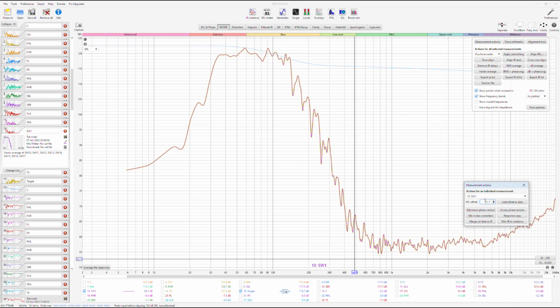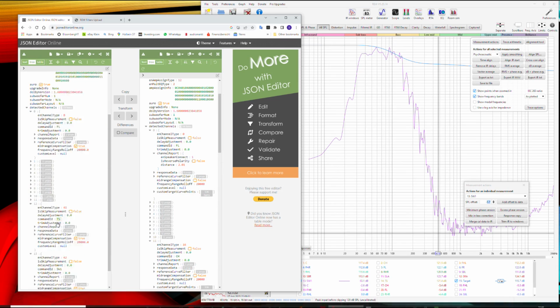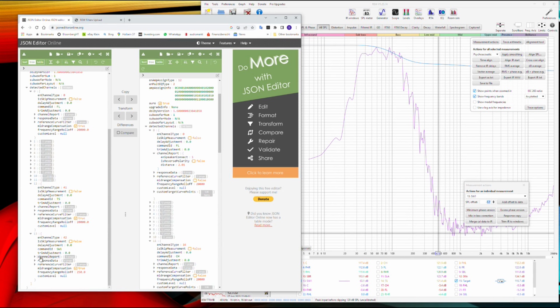So make sure you adjust the volume of subwoofer here in multiples of 0.5 as best as you can to the target curve, and then equalize and apply the same level setting also in the receiver or in the Odyssey file, which is here. Custom level for subwoofer is null, for example, x minus 2.5 here, okay, or plus, or you can change it in the receiver at the end.